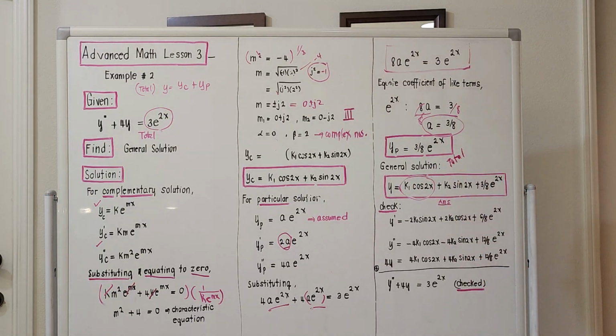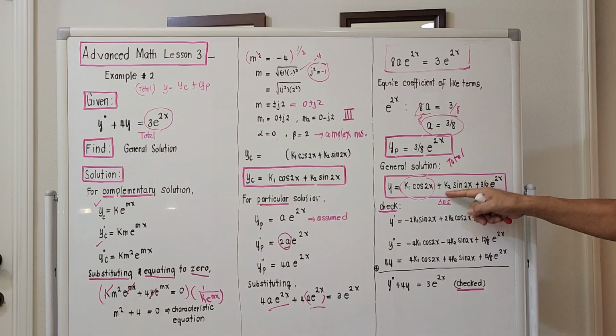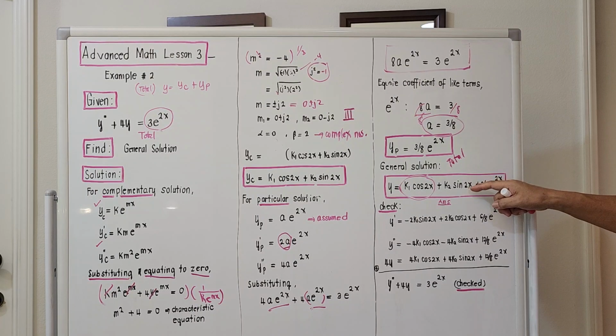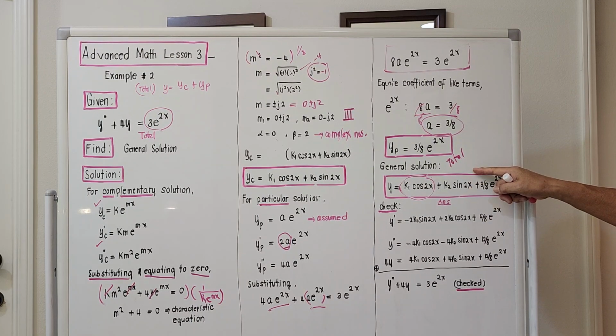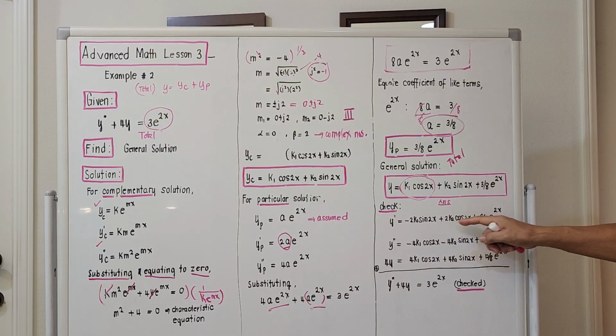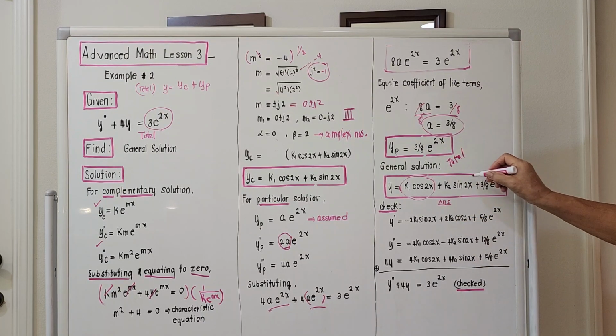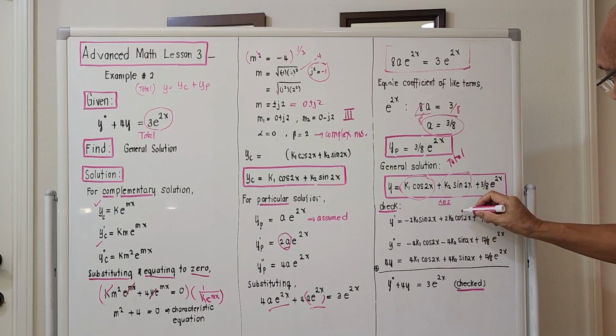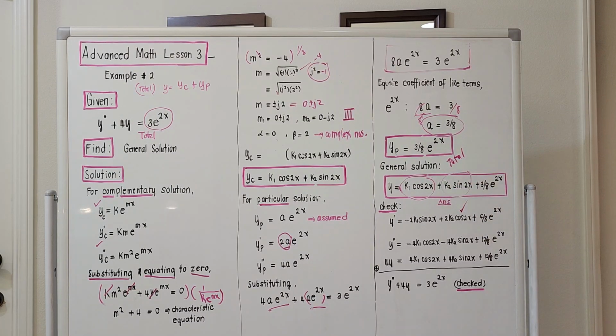The derivative of the second one will be k2, and the derivative of sine is plus cosine. But the derivative of the angle is actually 2. So 2 times k2 will be 2k2 cosine of 2x. So the derivative of this one will be this one. It is a plus because the derivative of sine is plus cosine, and the derivative of cosine is negative sine. That's why this is negative. Plus